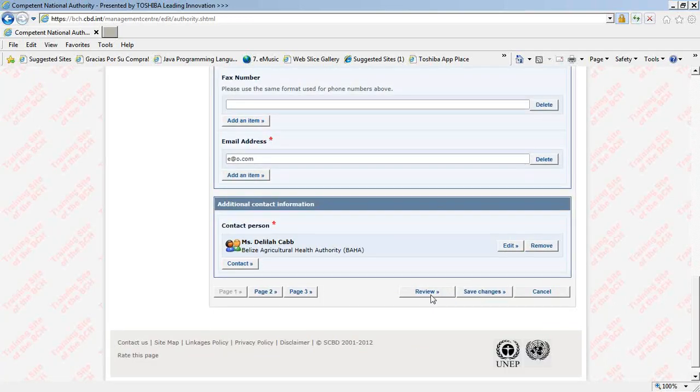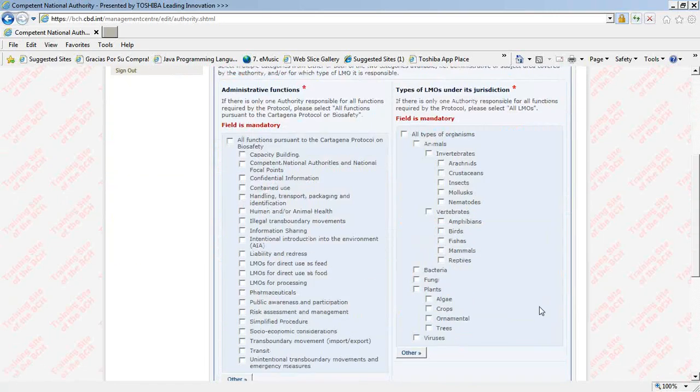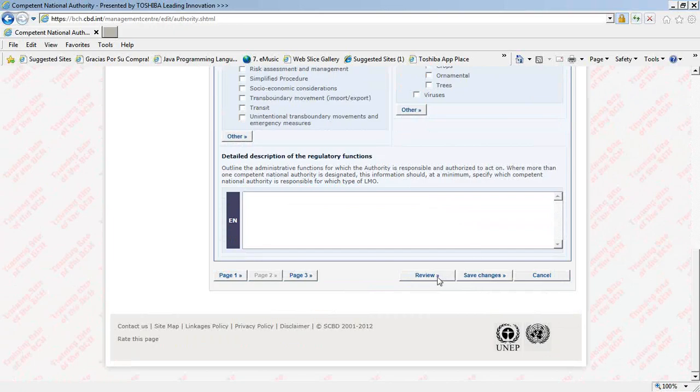I can press on review. The review button will check if all the mandatory fields have been completed. So I press on review and I see there are some mandatory fields that I haven't completed yet, so I can go straight to them. For example, the administrative functions, I will press on all functions related to the Cartagena protocol, and all types of organisms. So I think that now this record is complete. I will save changes,